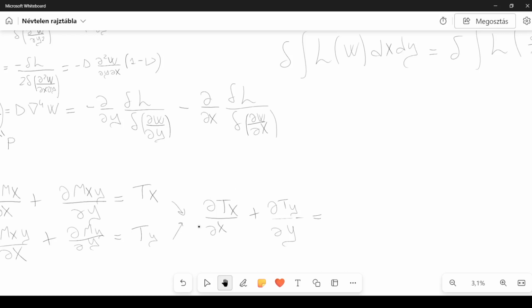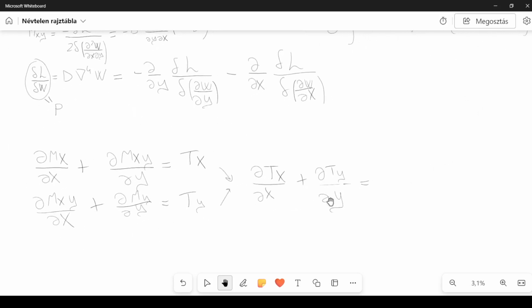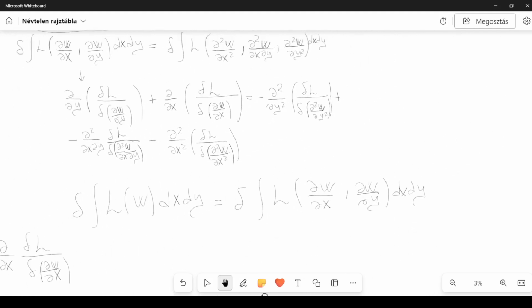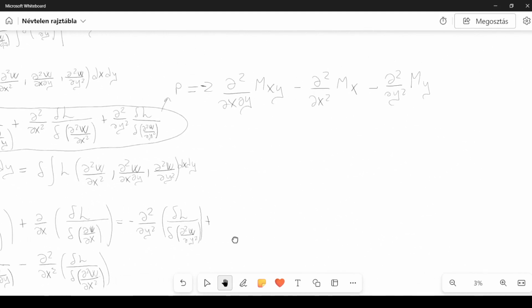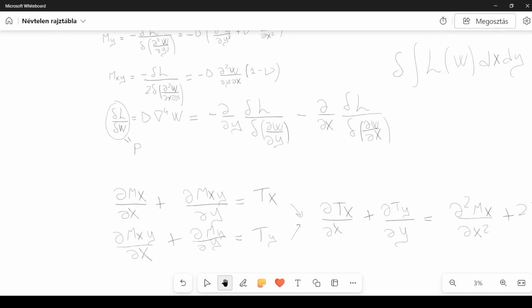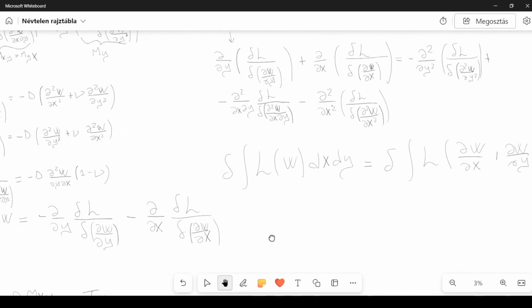You can see that this can be written as the second derivative of mx with respect to x squared plus twice the second derivative of mxy with respect to x and y, and then plus the second derivative of my with respect to y squared, and this is also equal to minus p, as we can see from here. So we get minus p, but there is also another way to derive it, and it's from one of the